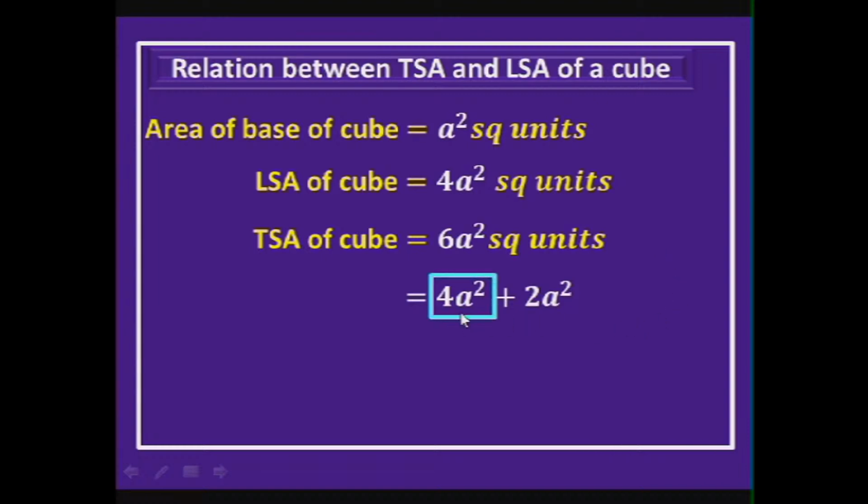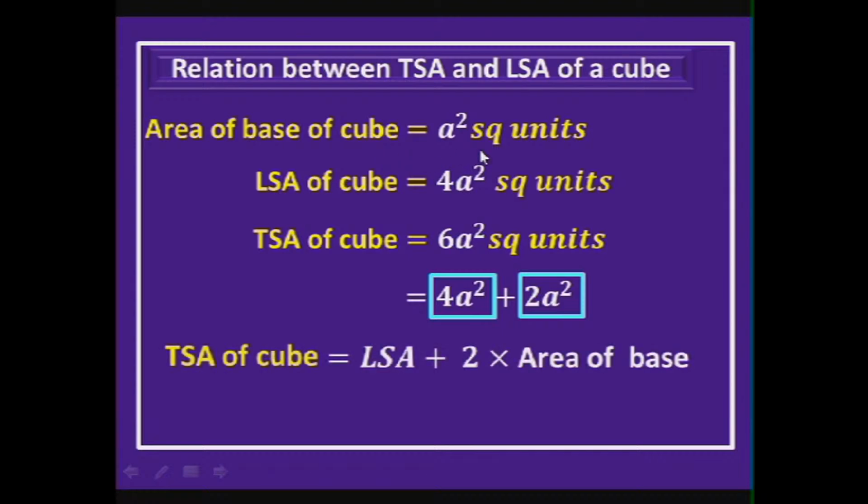Because if you notice, 4a square is nothing but the LSA of the cube. And if you notice this 2a square, I can write this as 2 into a square, and this a square is nothing but the area of the base of the cube. That means, I can write this as LSA of the cube plus 2 into the area of the base. Hence, I can say that the total surface area of a cube is the lateral surface area of the cube plus 2 into the area